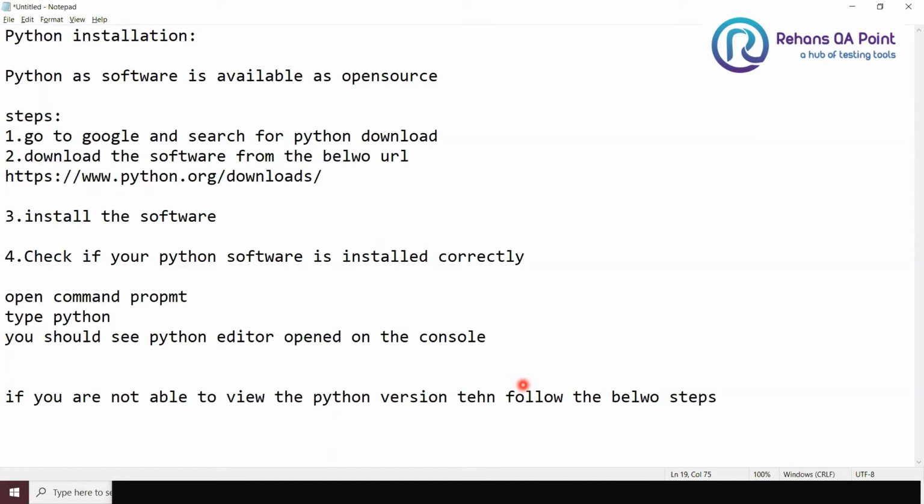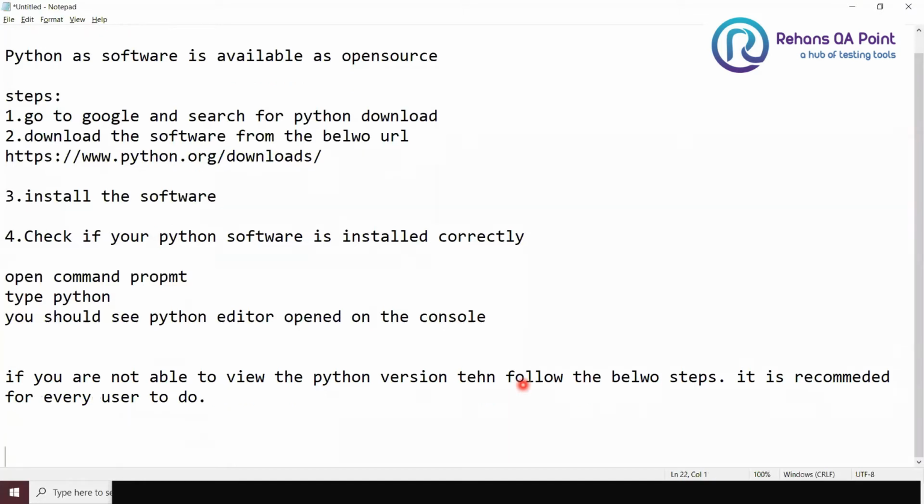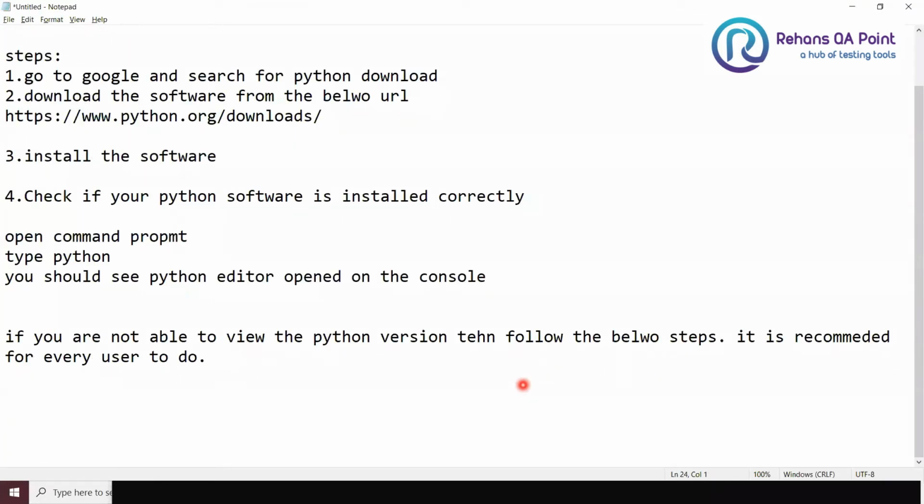It is recommended for every user to do. Whether you got your output or not, it doesn't matter, follow the steps.